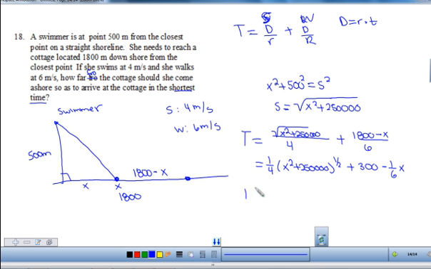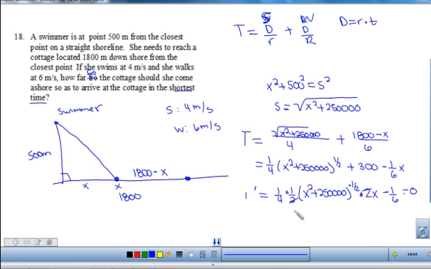Okay, so taking the derivative of time, we're going to have 1/4 times 1/2. Everything on the inside stays the same, to the negative 1/2. Okay, so it's going to be times the derivative of the inside. Derivative of 300 is 0 minus 1/6. So we're going to set that equal to 0. So my 2's are going to cancel. I'm going to have x over 4, square root of x squared